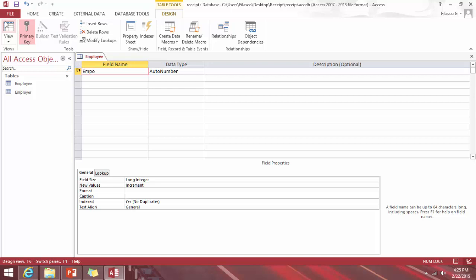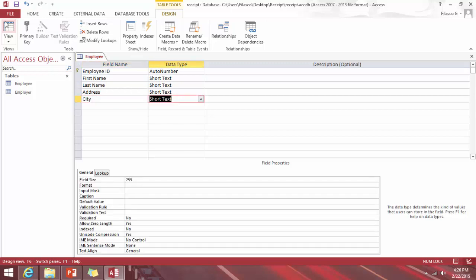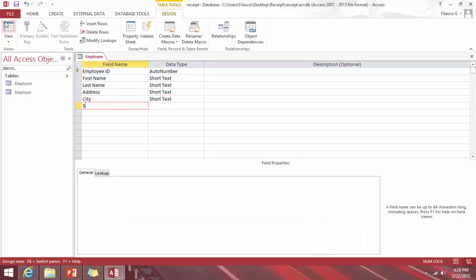Employee ID. First name, something I would like to know. Last name, address, city, state,